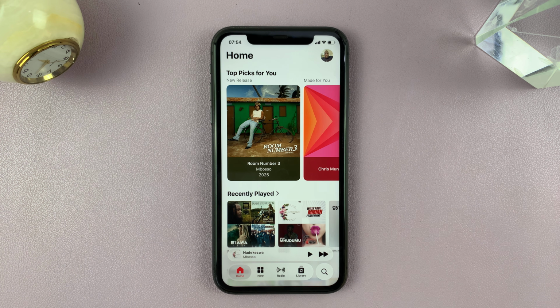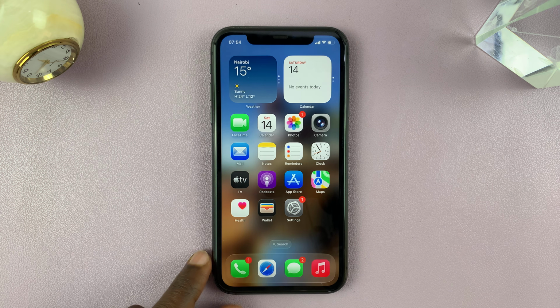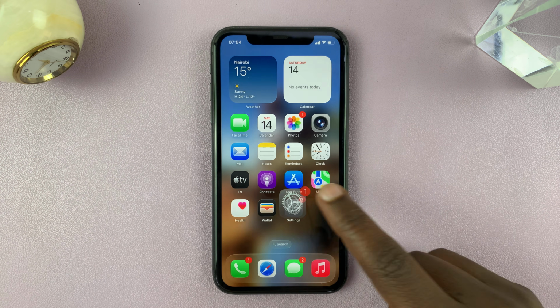So let me show you how to enable or disable AutoMix in iOS 26. AutoMix is basically a feature in Apple Music that mixes your music just like a DJ would, right? So if you go into Settings,